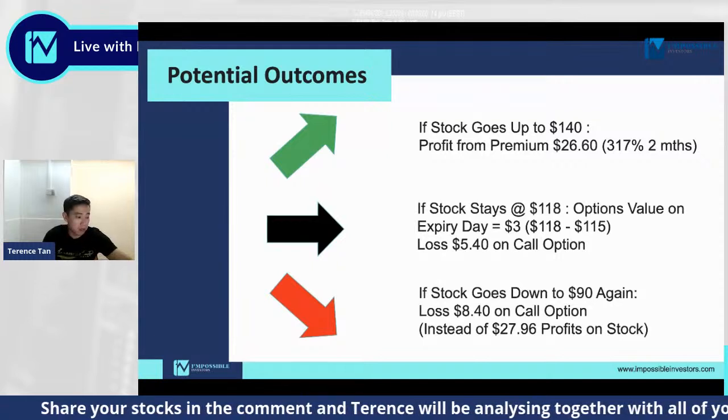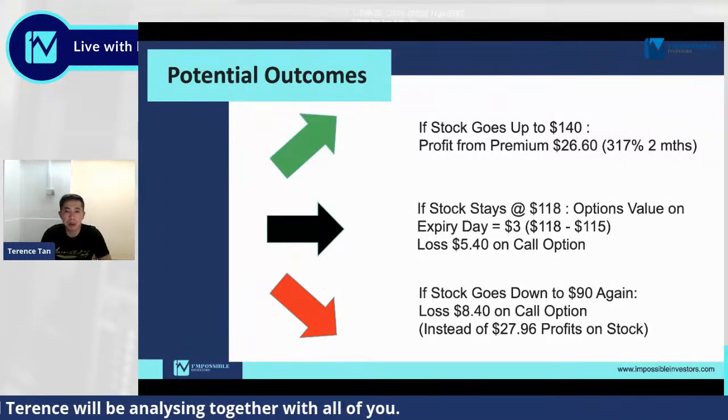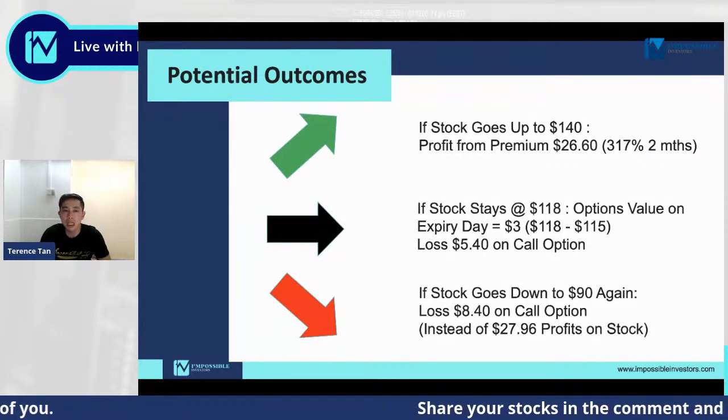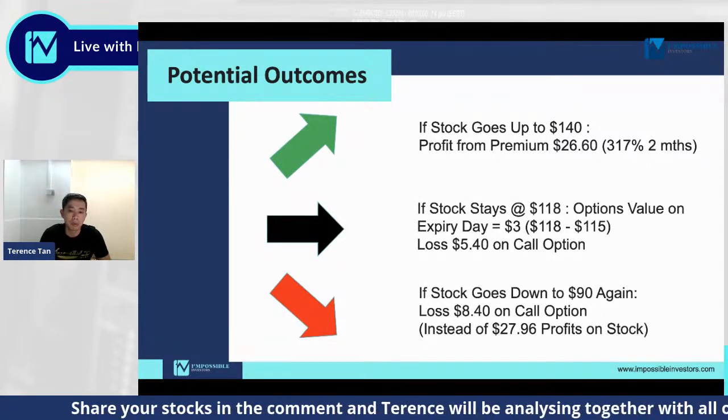For those of you who have joined us late, today's session is an interesting session because it's not one of the strategies, but it's more in terms of trade management and how you handle risk and the dynamics of options as a whole.